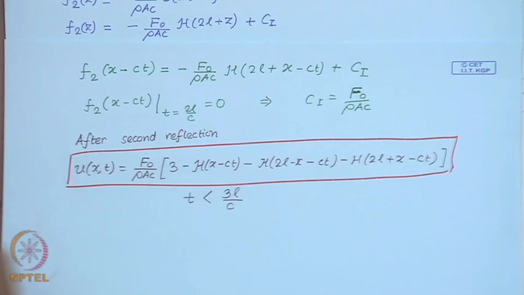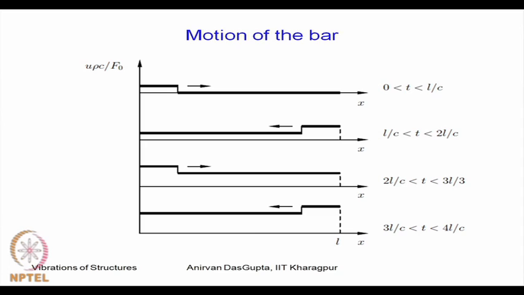Now, if you consider this solution and plot the propagation of this wave, then you will find that the motion of the bar is something like this. As soon as you give the impulse, the left end of the bar acquires a velocity, and because of this velocity a displacement wave follows. This is the axial displacement of the bar, shown in the transverse direction, but